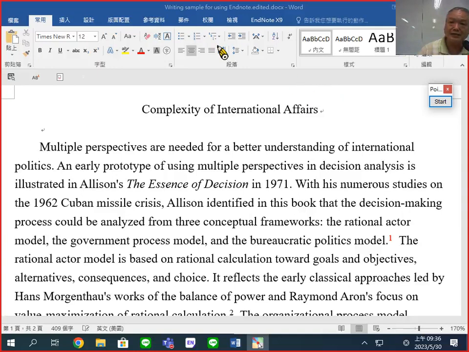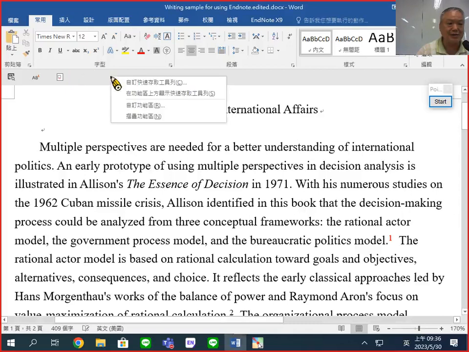How can we do this? Now I want you to use your mouse. Right click, put up here and right click. And you will see this one, the first one. Although it is Chinese, I think that you can just see it. This is to create the quick link. So once you click it,